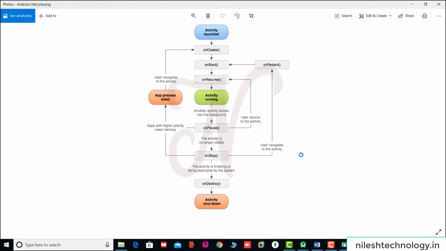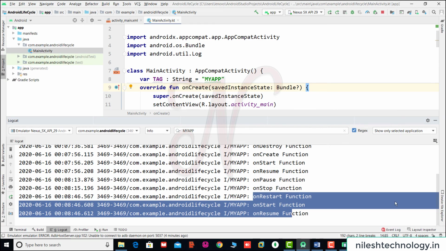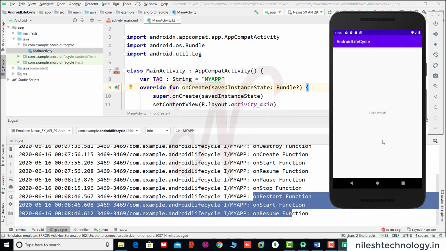See simultaneously in the lifecycle, here onStop, and this goes directly to onRestart, then onStart, onResume, and here the activity is running. In this way every function is executed. Okay, so this is the lifecycle of an Android.